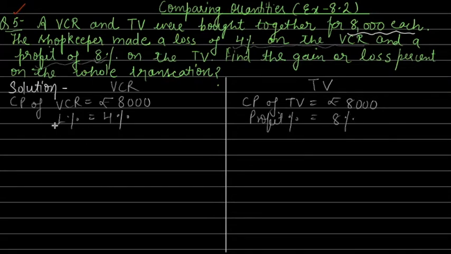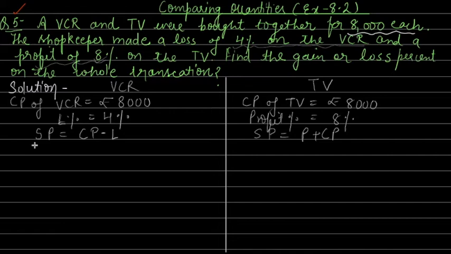Now loss percent is given, we have to calculate selling price. How much will be the selling price? CP minus loss. Here also we need to calculate selling price. How much it will be? Profit plus CP. Now if you see in both the equations, we know CP, which is just given 8,000, but we don't know loss. Here we know CP, but we don't know profit. So first important thing is that we need to calculate here loss and we need to know the profit. So let's do that.